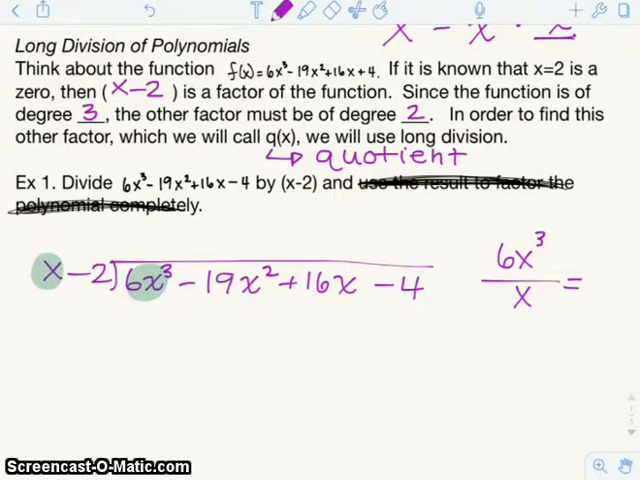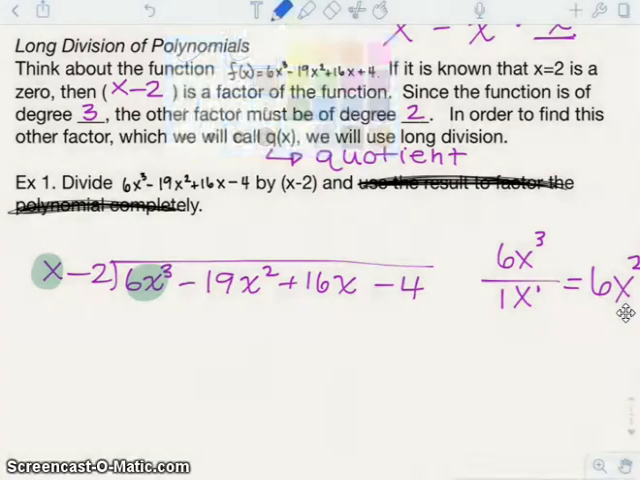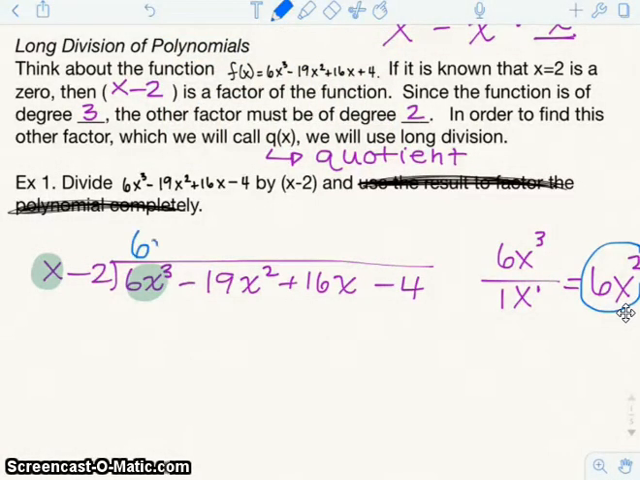I'm going to divide that. So 6x to the third divided by x, this really has an exponent of 1. When we divide, we subtract the exponents. So 6 divided by 1 gives me 6. X to the third divided by x to the first, 3 minus 1, I get x squared. That just gave me my first answer. This 6x squared is going to go on top of the 6x to the third,